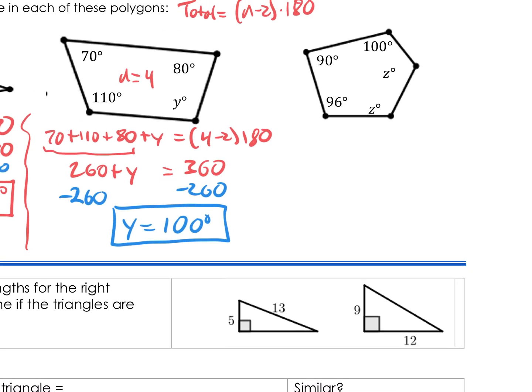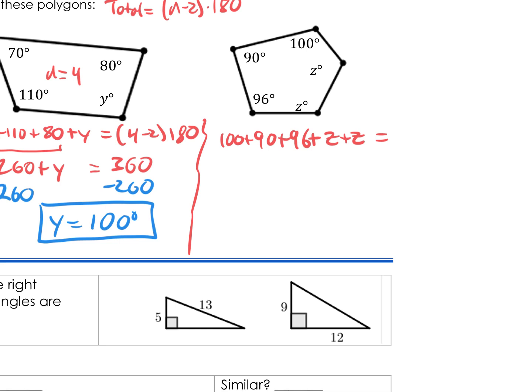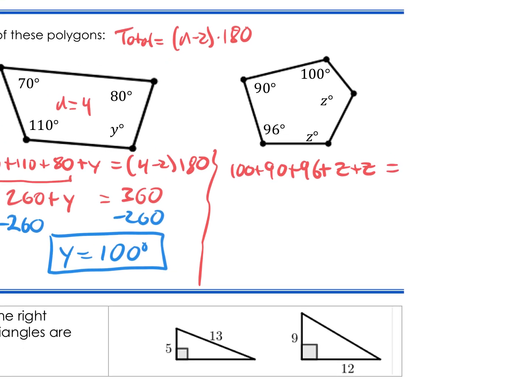Let's try a pentagon here. All right, so we have a pentagon, 5 sides. Let's go ahead and write it out. We've got 100 plus 90 plus 96 plus z plus z. And there's 5 sides, so our formula once again is n minus 2 times 180. So we have 5 minus 2 times 180, and that gives us